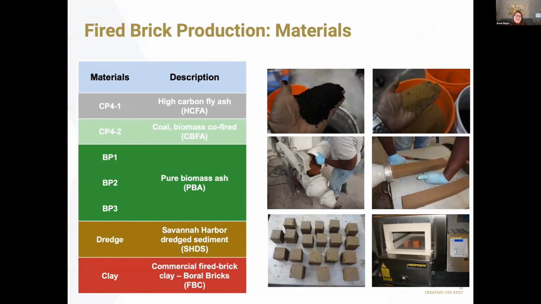could produce, essentially. And what we did in this example is we tested a variety of different off-spec ashes. So we had high carbon content fly ash. You can see the black nature here that's telling you we got a lot of organic carbon in there. We tested some of the co-fired ashes, some of the pure biomass ashes, and then we also worked with dredge sediments that we obtained from the Savannah Harbor here in Georgia. And then we also used commercial clay as well to make a variety of different mix designs and test the ability of these bricks to withstand